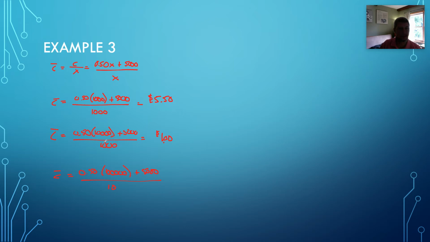Oops, I know what I screwed up. This should be 10,000 over, and this one should be 100,000. So half of 100,000 is 50,000, plus 5,000 is 55,000, divided by 100,000 is going to be 50 cents. I'm sorry, 55 cents